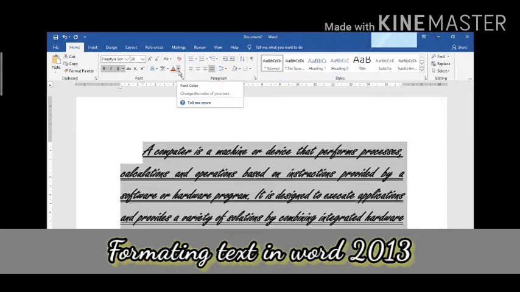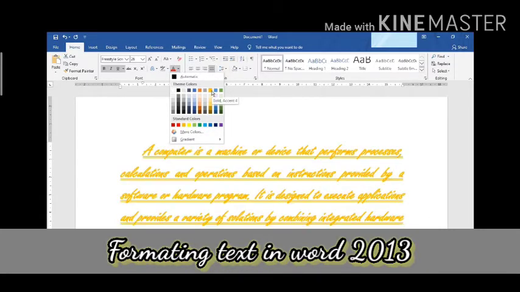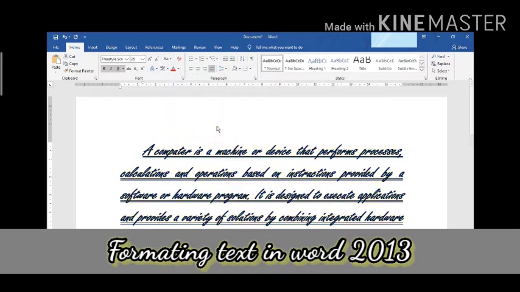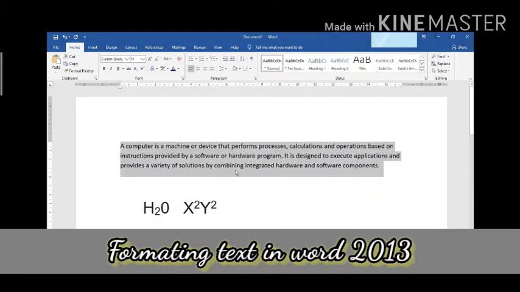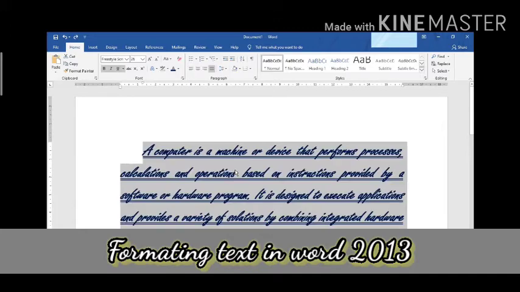Now let us change the font color. First of all, select the paragraph and change the color to whichever you want, like this. These are all the standard colors. There are more color options also, you can select from those too. See, this font color is changed from black to a navy blue kind of, and then I want the normal one. I can clear all the formatting like I have done before, or use the Undo option, and we are back at it.